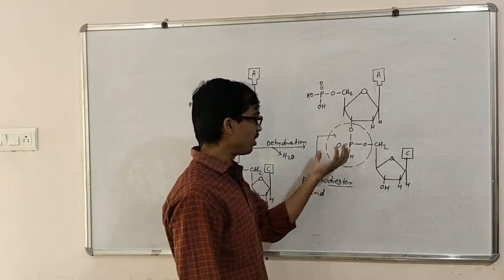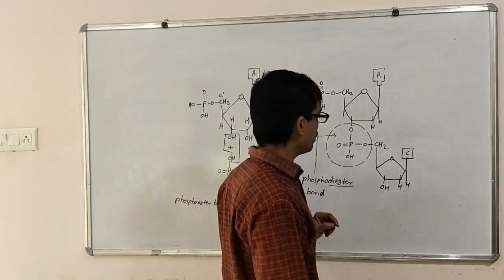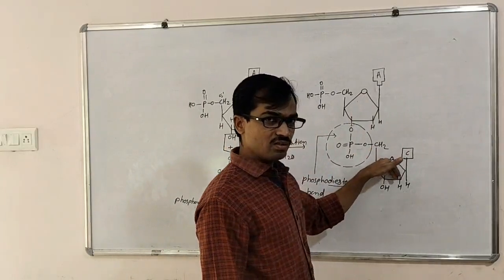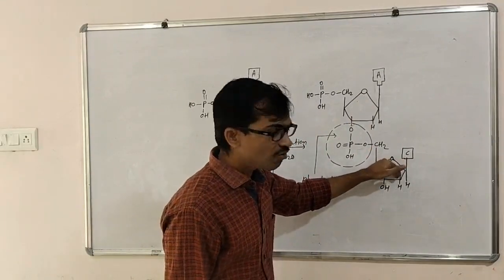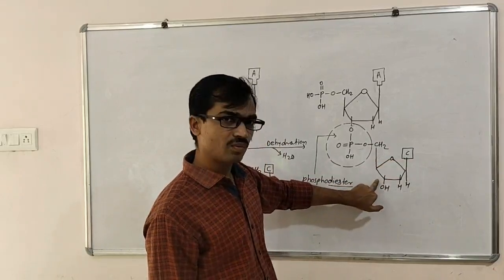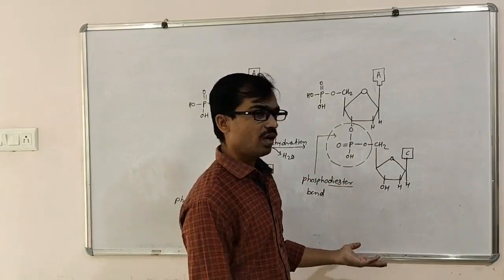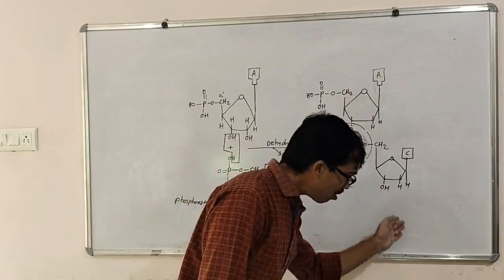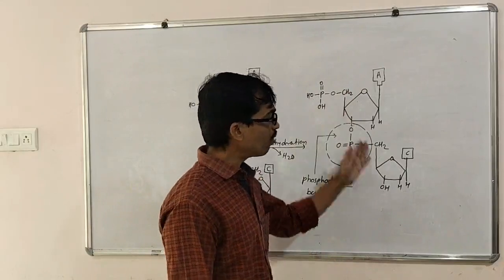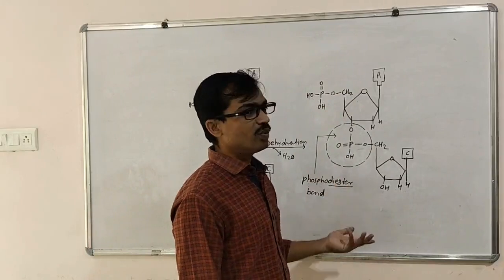That is why this bond combinedly is called a phosphodiester bond, because there are two ester bonds. तो इस तरीके से first nucleotide is linked with the second nucleotide, and in the same way the third nucleotide will be linked with the 3' carbon of the second nucleotide, then the fourth nucleotide's 5' end will be linked with the 3' end of the third nucleotide, and a long chain of nucleotides, or a polymer of nucleotides, will be formed, and that polymer of nucleotides will be called a polynucleotide chain, or it will also be called